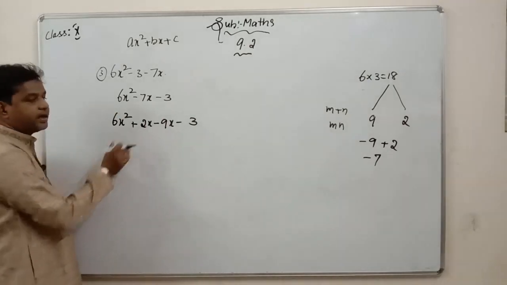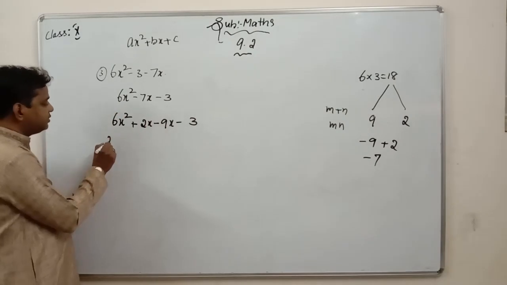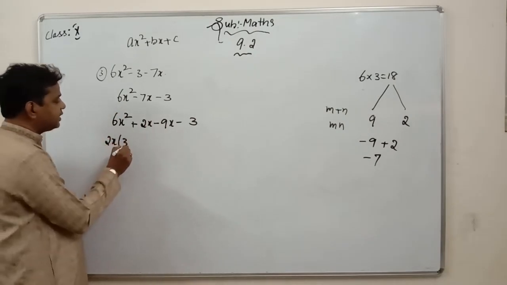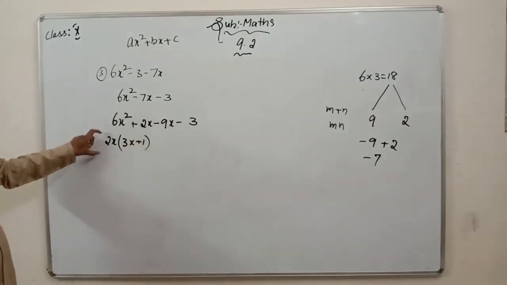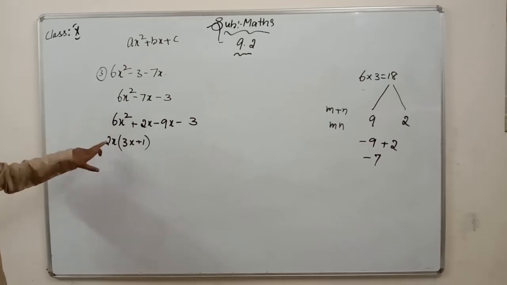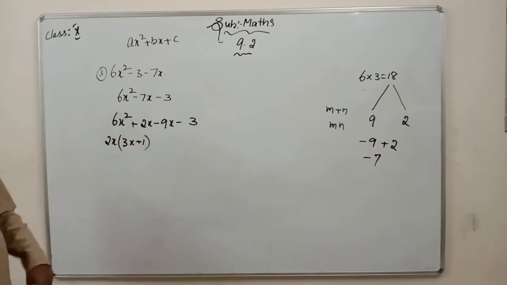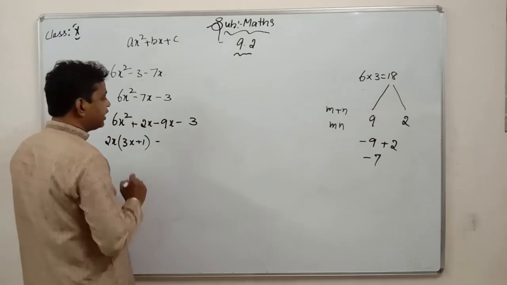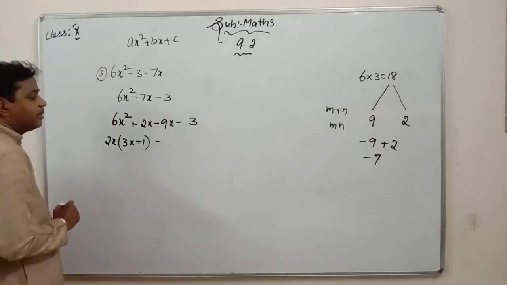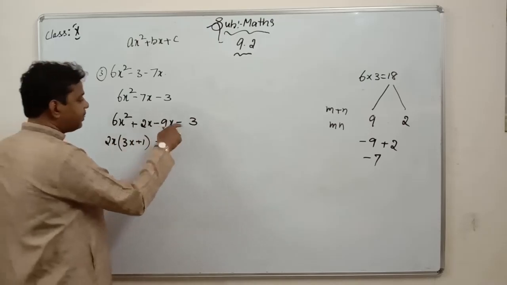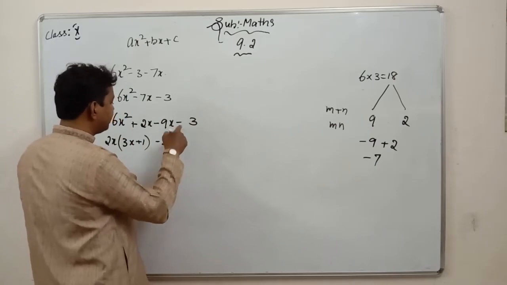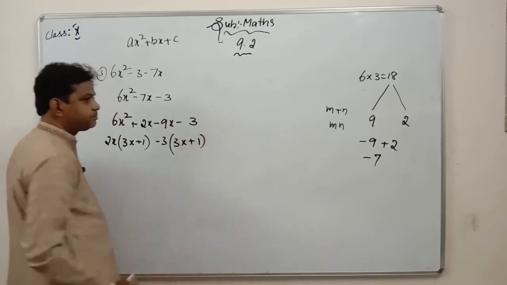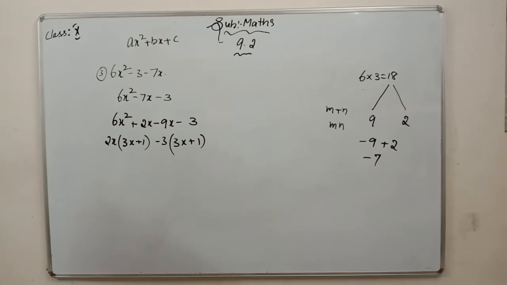Now take the common. What I can take common in these two? So I can take 2x common. So remaining is 3x plus 1. Why? Because I have taken 2x, 2 3 is 6, x into x, x square, will get 2x into 1 is 2x. Okay. Now here what I can take common? Minus I can take common, and remaining is 1 is there. So I can take 3 common outside. You will get 3x. Minus into minus you will get plus here, and 1 you will get here. Okay. So now you have taken the common. The equation becomes in this way.